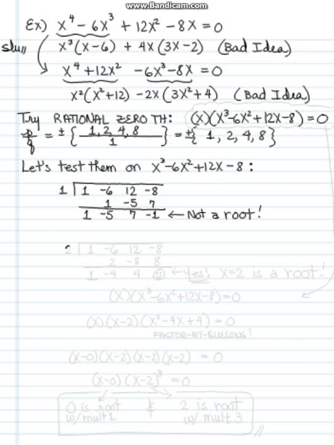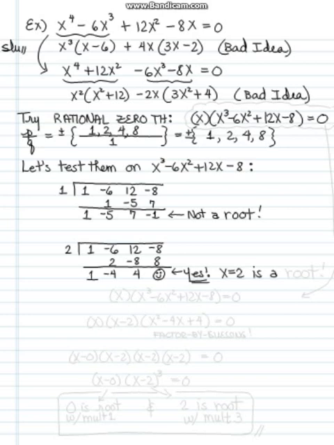Let's try 2. 2 synthetically divided into 1, negative 6, 12, negative 8. Make space, draw a line, bring down the first number. 1 times 2 is 2. Add negative 4. 2 times negative 4 is negative 8. Add, you get a positive 4. 2 times 4 is 8. Oh, good news, good news. Happy face, 0. This means, yes, very good news. x equals 2